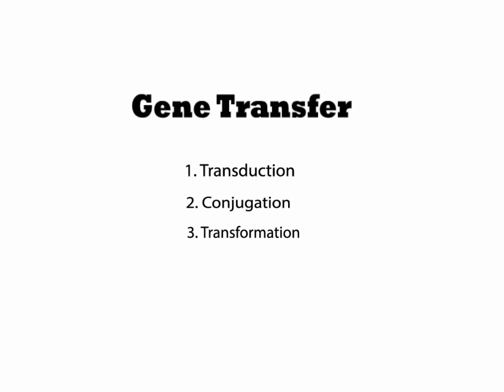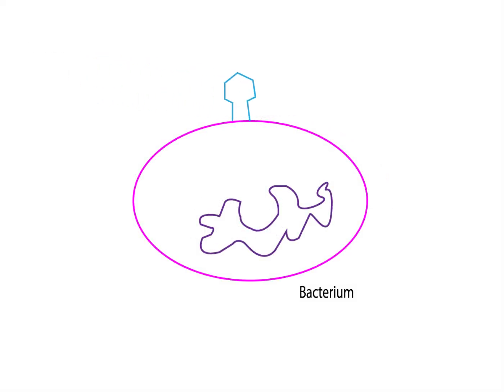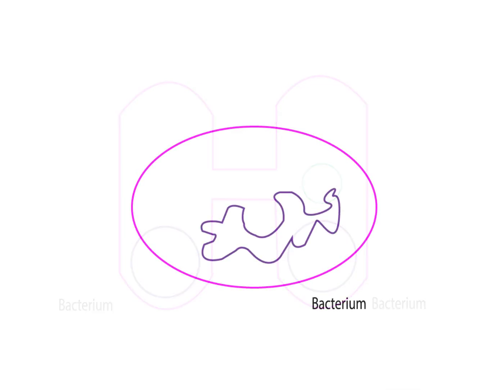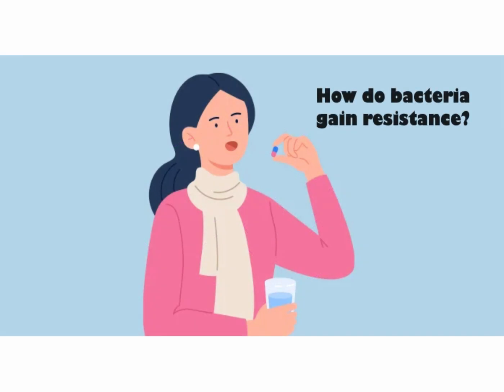Gene transfer is done by three methods: transduction, conjugation, and transformation, and it is the transfer of a resistance gene from one bacterium to another. Transduction uses phages, a virus that can transfer bacterial DNA from one cell to another. Conjugation is the physical connection of two bacterial cells that allows for gene transfer. Transformation is when one bacterial cell picks up genes that have been released from either a living or dead bacterial cell nearby. This is how resistance builds, but we still haven't answered the question of how bacteria are able to